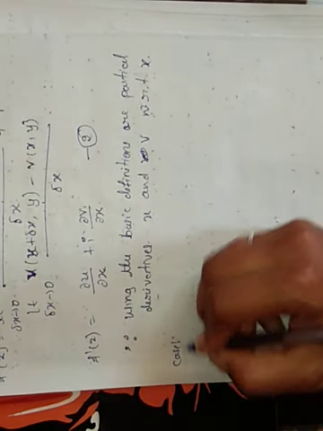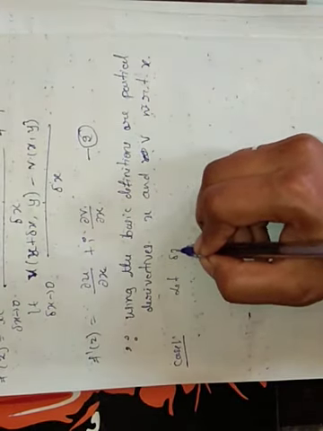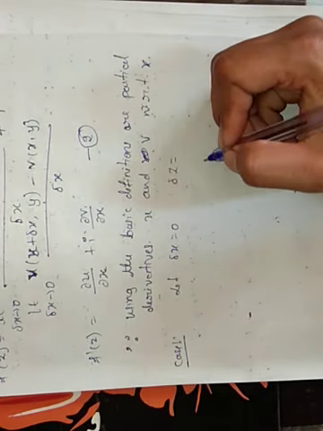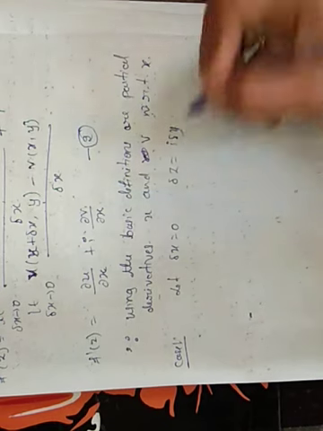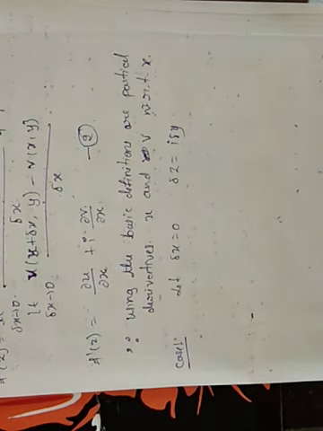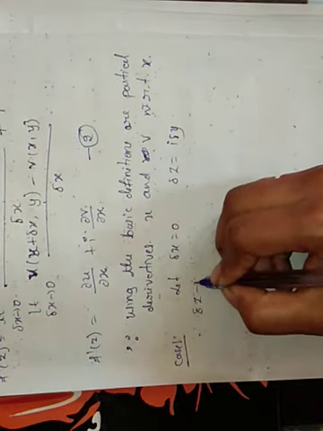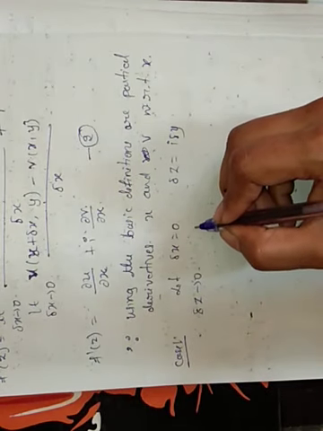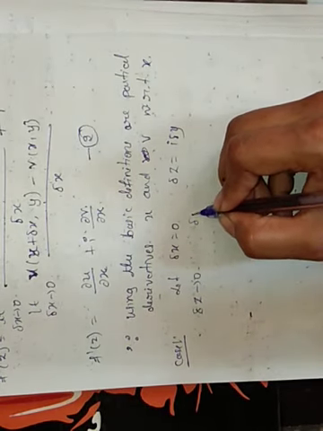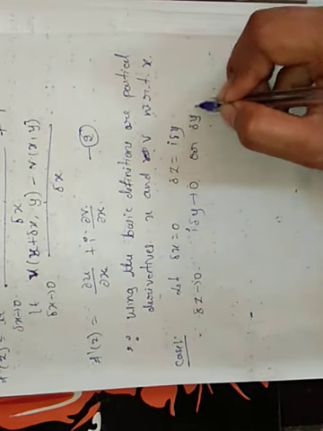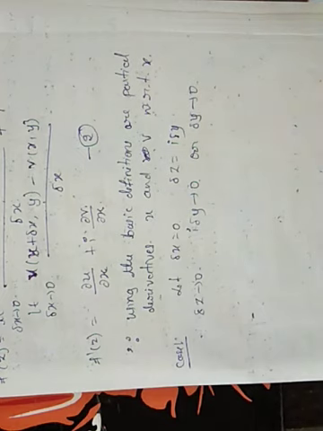Now I am taking the second case of delta z. Let us consider delta x is 0. If delta x is 0, delta z equals i into delta y, because delta z equals delta x plus i delta y. When delta x is 0, delta z equals i delta y. Suppose delta z tends to 0, then i delta y is also 0, or we can also write it as delta y tends to 0.